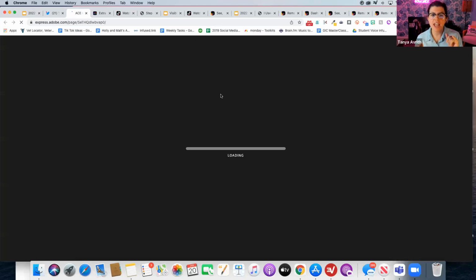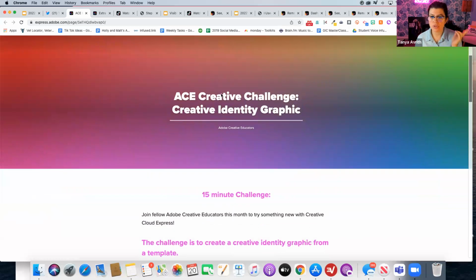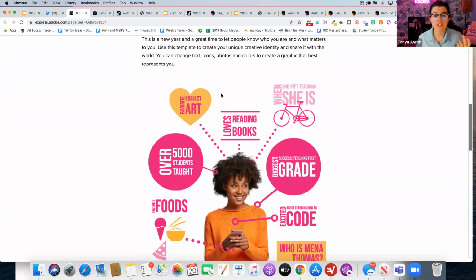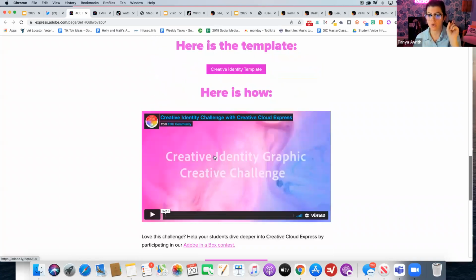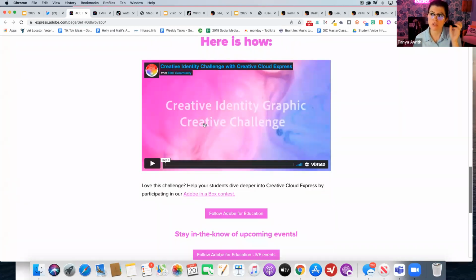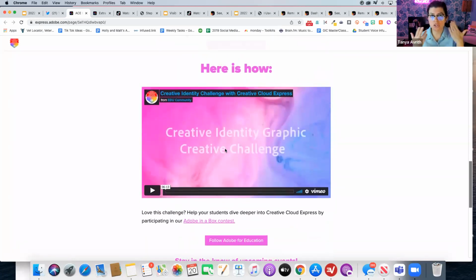Each challenge has a page, and it's designed to be about a 15-minute challenge. You could really do it in 15 for sure. There's a remix template, so when you click it, it opens up automatically and has you log in. Then there's a quick tutorial. I like the tutorials because they don't just teach you, they also help you think about design and ways that you can modify it and make your own.